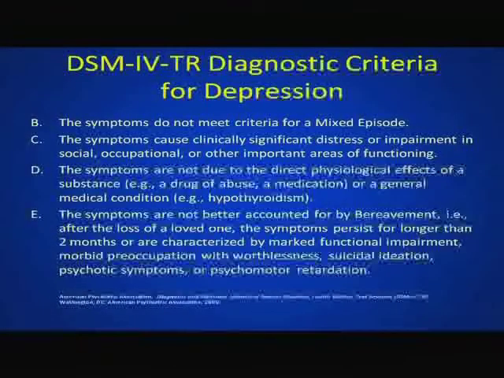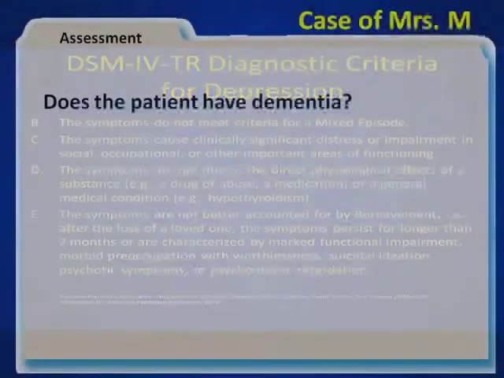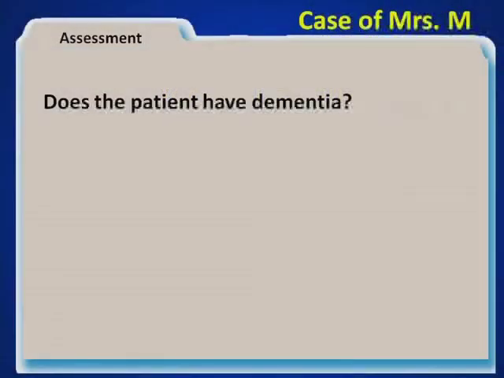What's important, though, is to take a look at the other criteria. Particularly, let's take a look at the D criteria, that the symptoms are not due to the direct physiologic effects of a substance or a general medical condition. It is the D criteria here that will prevent us from diagnosing Mrs. M with a depression at this time. So the next question that comes up